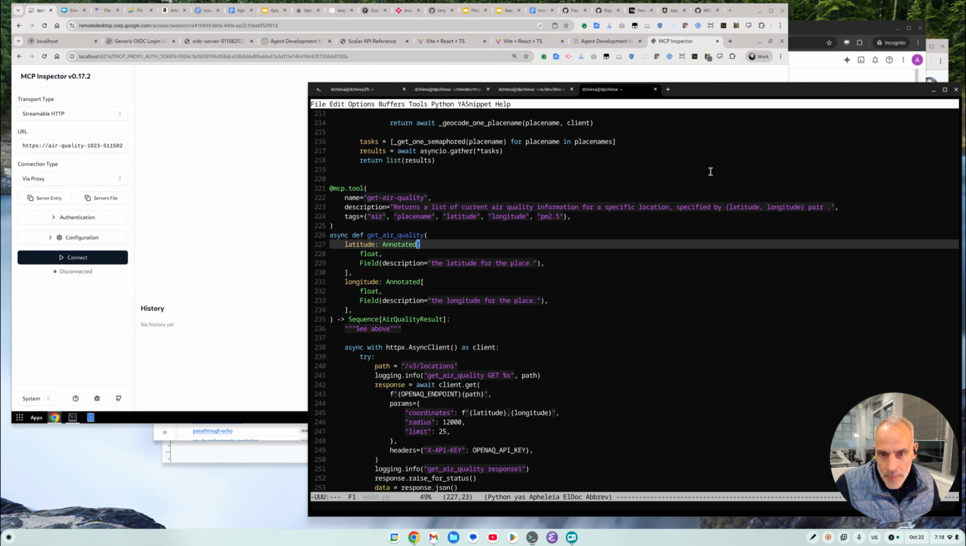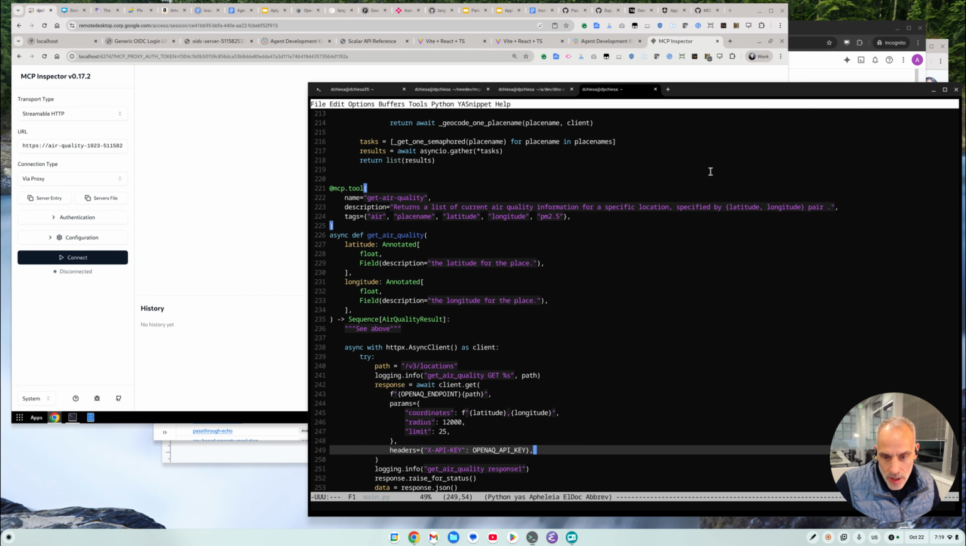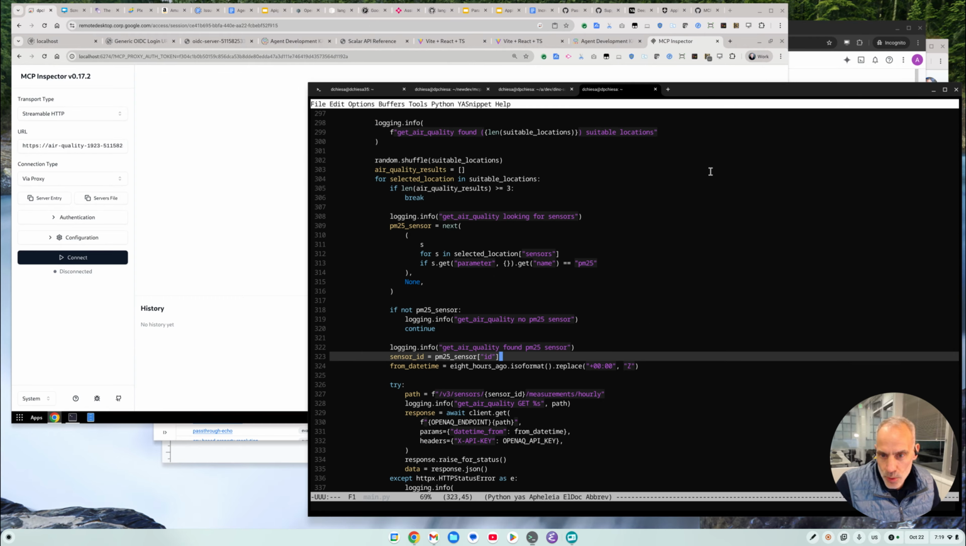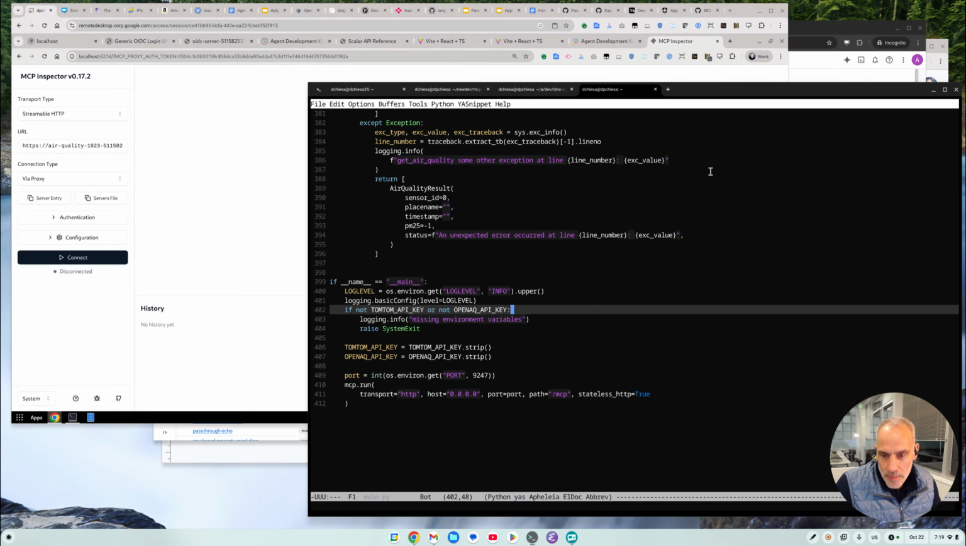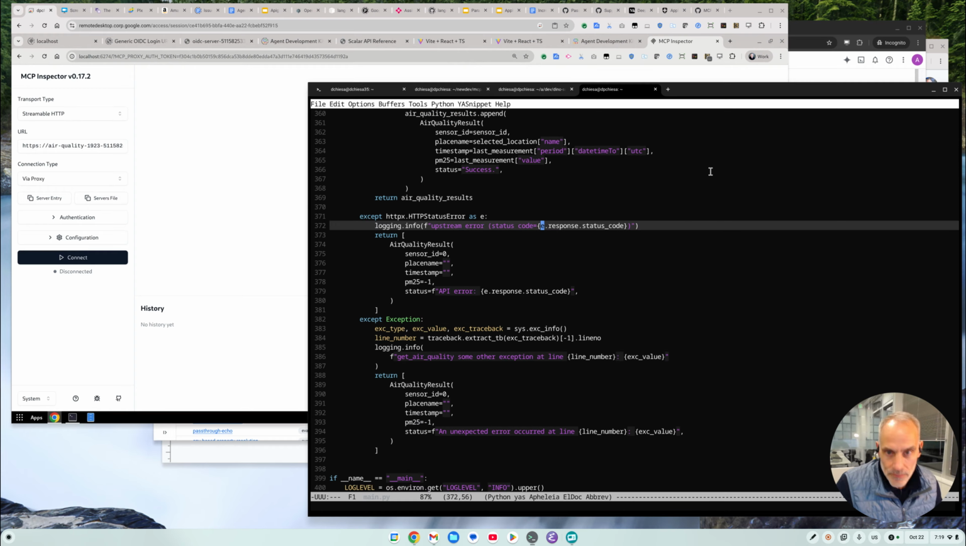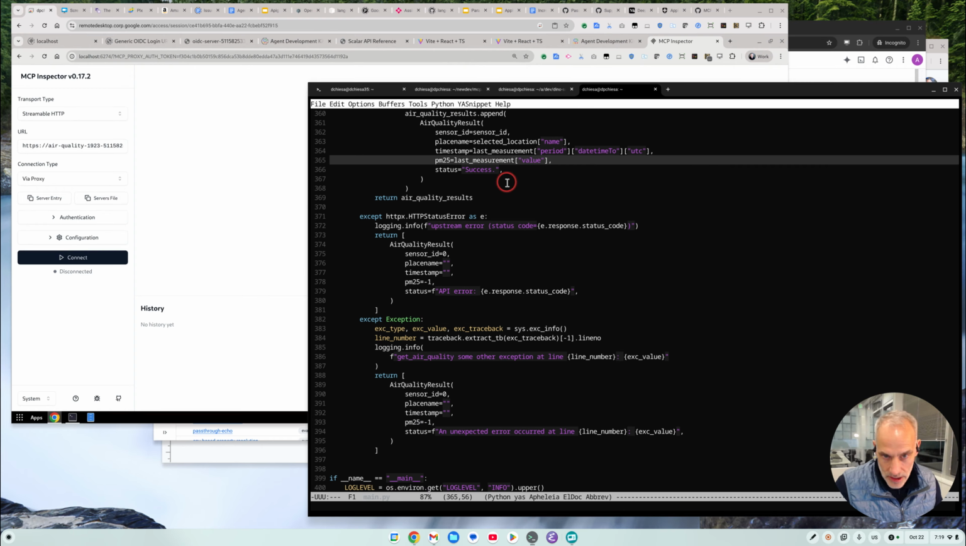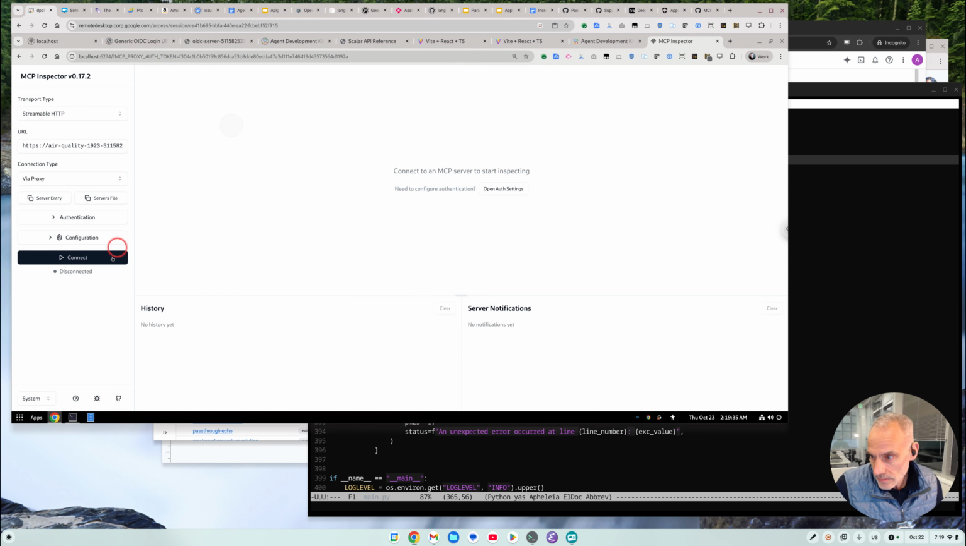Given an input of a latitude longitude pair, it retrieves some sensor readings using the Open Air Quality API that's available on the public network, retrieves sensor information and then returns that to the agent. So kind of three related tools in the MCP server, but no security in this. Just pretty basic for illustrative purposes. I've deployed it to Cloud Run, and